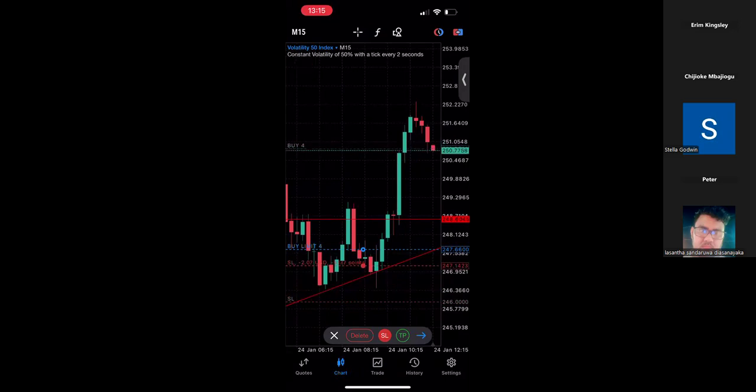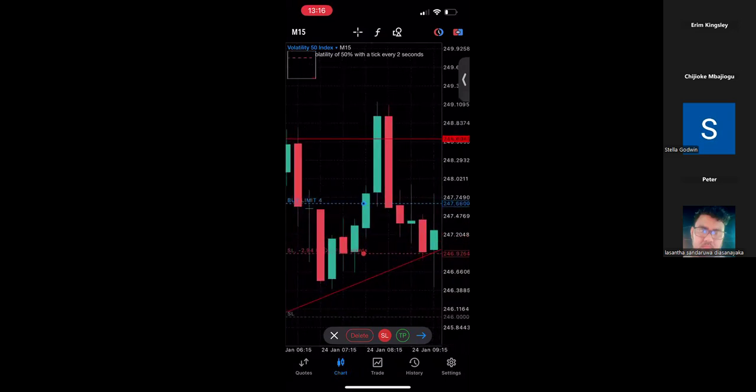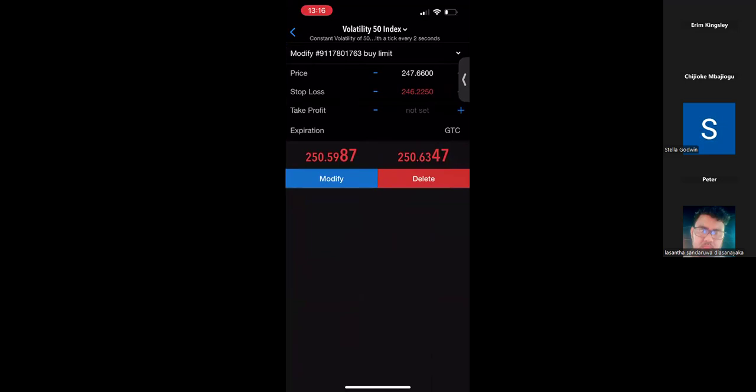If you drag it up there, it means that your stop loss here is $2.0. Let me zoom in so you can see it. Your stop loss is $2.07. But if you bring it down here, it is about $5.74. In case price goes against you, you are going to lose $5.74. Click this plus, click modify.